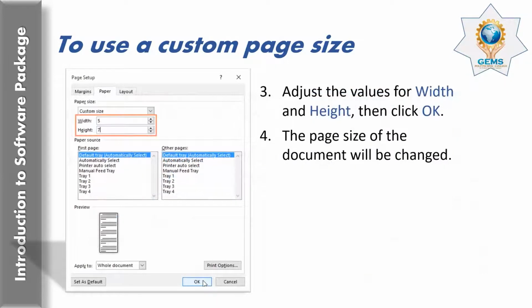This is the Page Setup dialog box. You can go to the width and height values and adjust them, then click OK. The page size of the document will be changed.